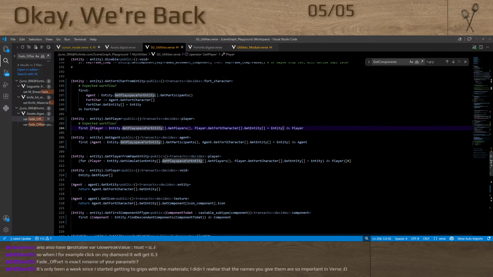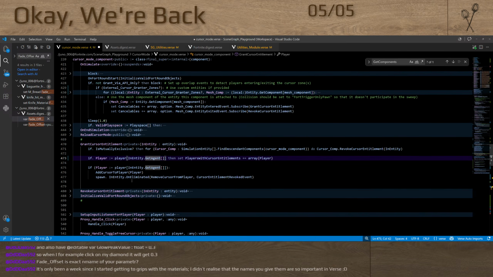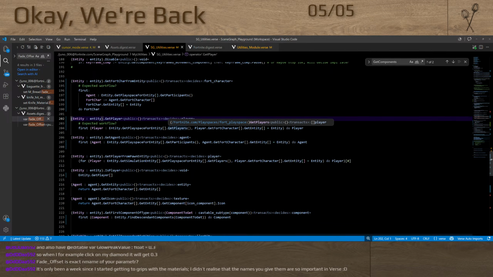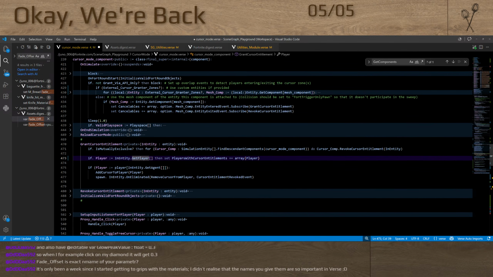So then what I want to do is store the player specifically. On the thingy here, instead of doing player here, because we didn't have a way to filter, I would do it manually. I'm not going to do that. I'm just going to do entity.getPlayer directly. So if I can get this player that just walked into my cursor zone, if the thing that entered is a player, this would succeed, and then it would add the player to